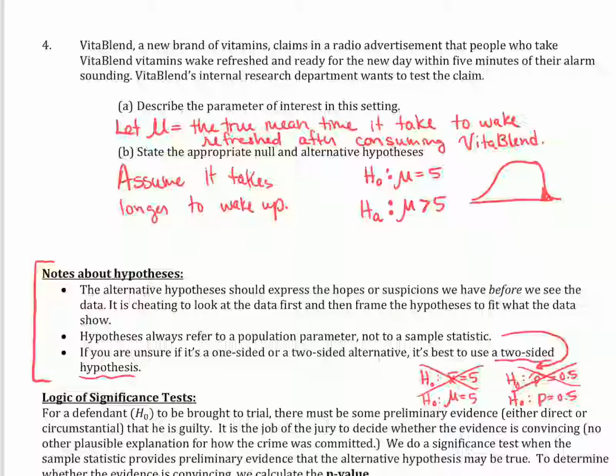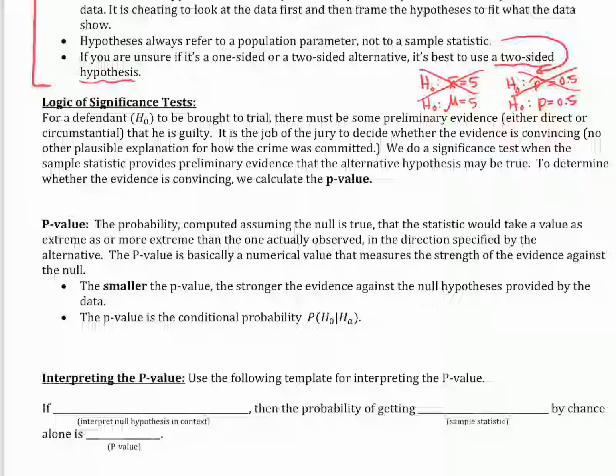Okay, so now we're going to get into this concept of a p-value and how it will provide us with evidence to either reject the null or fail